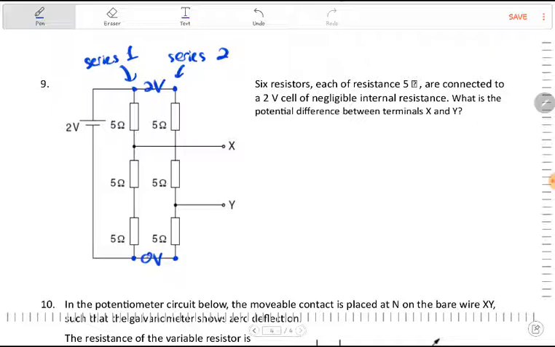Alright, so the question is asking what is the PD between X and Y. So X is a point on series 1, after the first resistor. Y is the point after 2 resistors. So each of them has a different value of the potential. Then we are supposed to find the difference. So first of all, let's look at